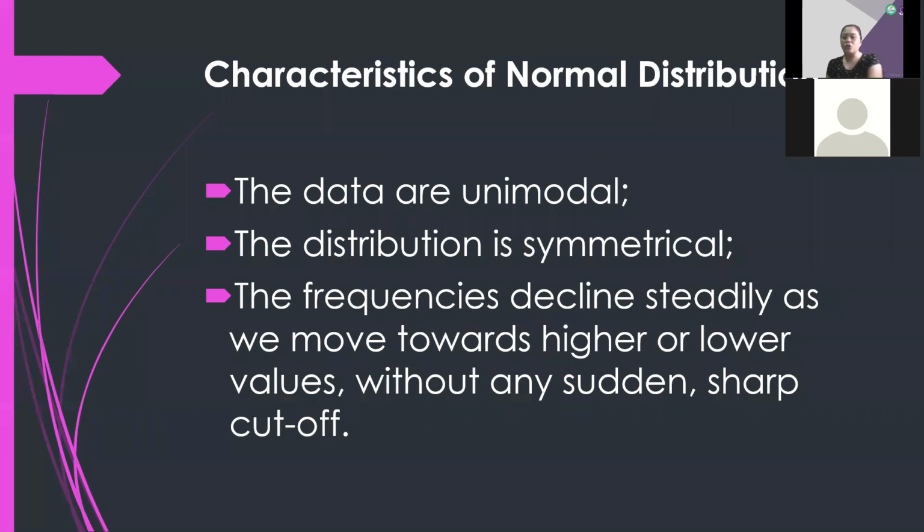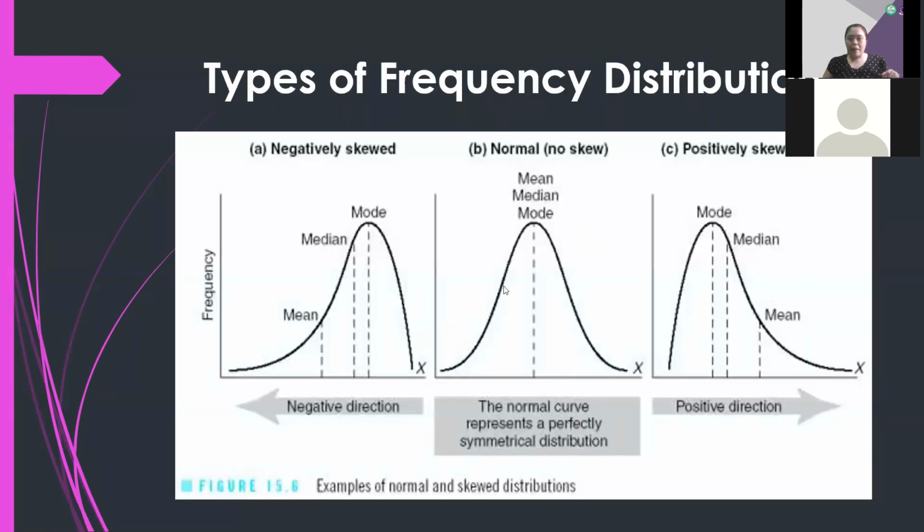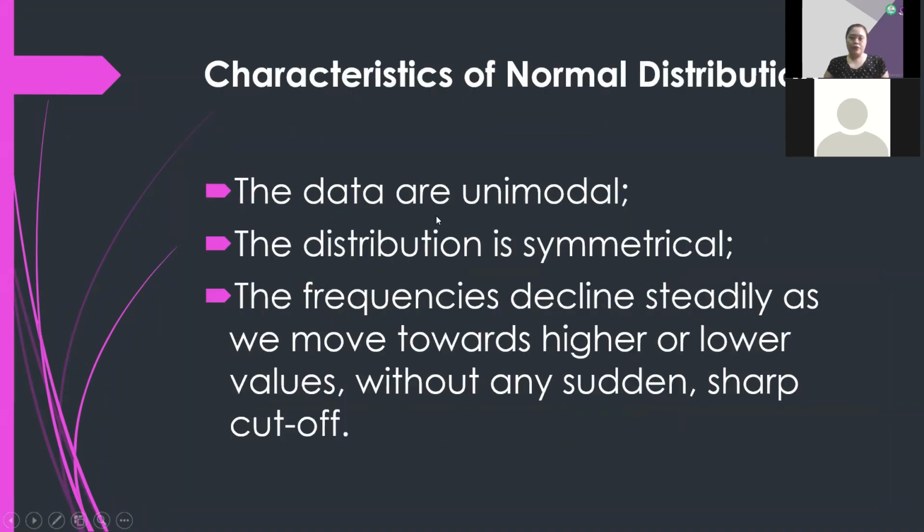And then the distribution should be symmetrical. Okay, and then the frequencies decline steadily as we move towards higher or lower values without any sudden sharp cut off. Kung nakita natin yung graph, ayan, pag bumaba yung curve, this one is just a smooth curve. Walang mga bumps along the curve na meaning nun may something wrong ka sa data na nakuha mo. So yan yung lahat ng characteristics of